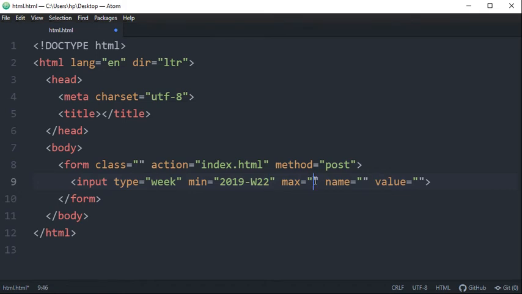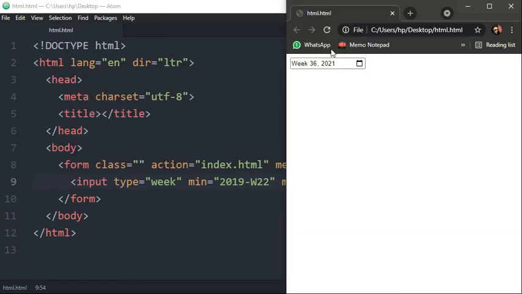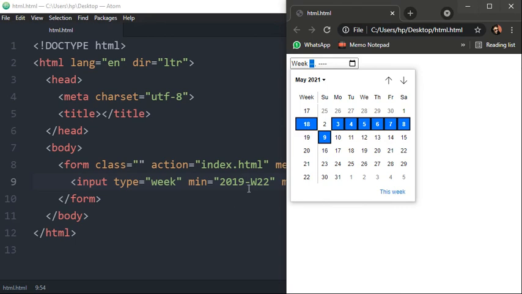Okay, and week 52, 2021 is the maximum range. So this is how you can set a bracket where user can provide input. User cannot go below 22nd week of 2019.